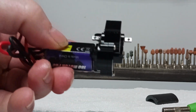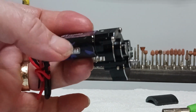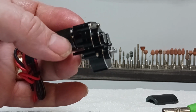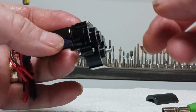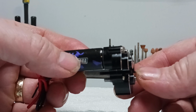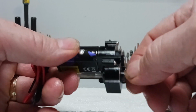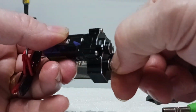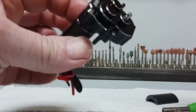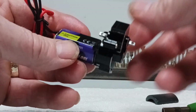all the way across. I still can't turn it by hand, but what I was noticing is that when I was reassembling it, each gear was very sharp to the touch, to your fingertips, and I'd be willing to bet that whatever gear pitch they are using is probably causing this harshness I'm feeling, the lack of ability to turn it. It surely can't be that low of a gear ratio, but maybe it is. Maybe I'm still wrong, but either way, the gear teeth feel very sharp to the touch, almost like knife edges,